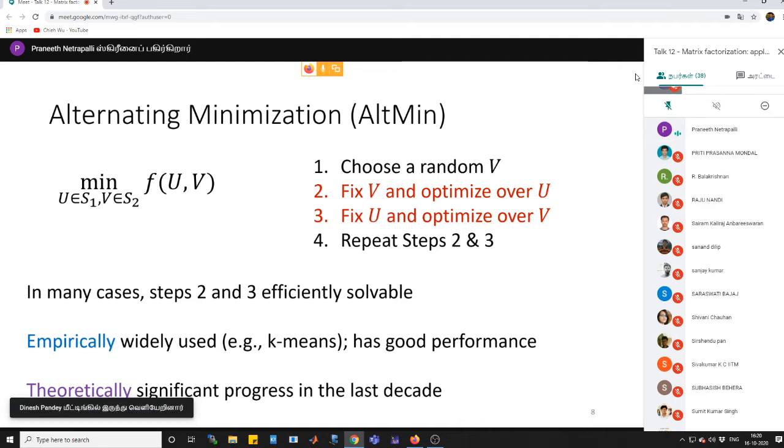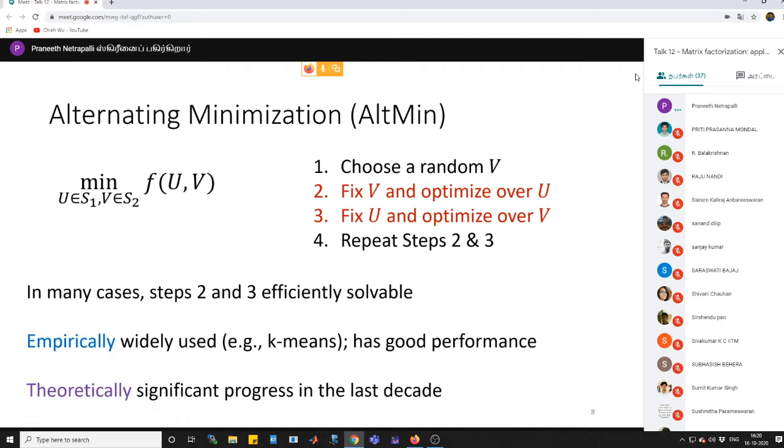So the reason this is very highly used in practice is that if you fix one of the variables, optimizing the other variable often turns out to be very easy. In particular, in most of the situations we look at, it will be just a least squares solving problem. And for least squares solving, there are very efficient, highly scalable algorithms from convex optimization. Okay. Yeah, so this is empirically widely used, and for the clustering problem, this algorithm is called Lloyd's algorithm, and is very classical, going back maybe about 100 years or so. And empirically this is used in several situations and has been observed to have very good performance.